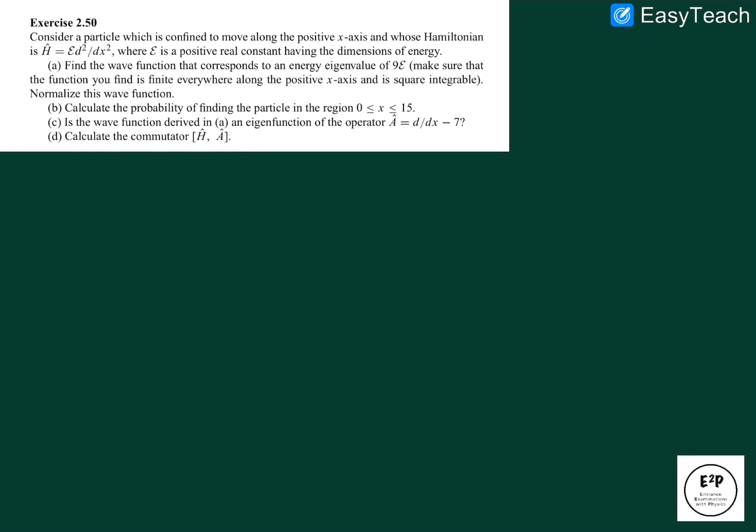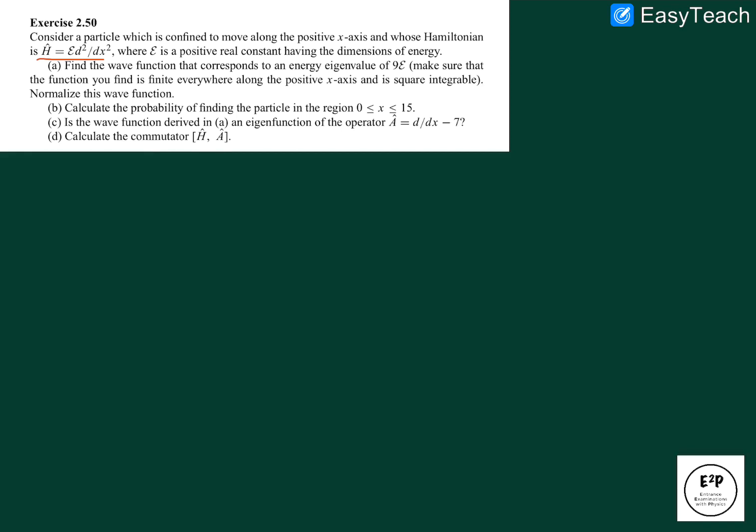Okay, so let us start with the solution of the 50th question of Zettili, second chapter, second edition. This is one of the interesting questions I find, because in usual questions we are given the wave functions and we are asked to calculate certain observables, alright. But in this particular one we are given a Hamiltonian operator, and we are asked in the first question itself